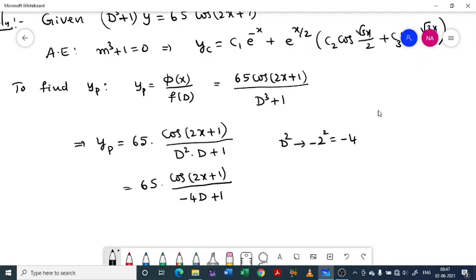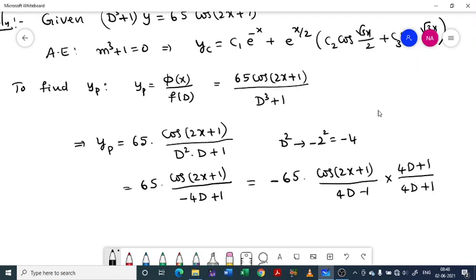Either you can multiply and divide it by minus 4d minus 1, or make it minus 65 into cos of 2x plus 1 divided by 4d minus 1. I have just taken the minus outside. Now multiply and divide it by 4d plus 1. Then we get